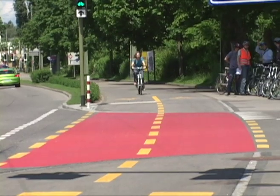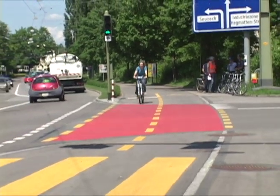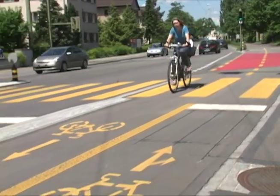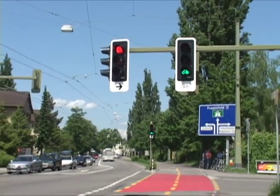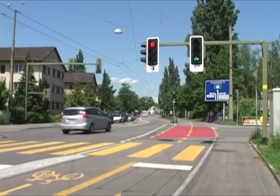These made it quite prominent that the motorist was going to be crossing a bicycle corridor. Note the traffic signal detection loop at the stop bar at the cycle track. The cycle track has actuated bicycle traffic signals. Here you see the bicycle signal head directly adjacent to the motorist right turn signal. This makes it very clear when the bike has the green through movement indication and the right turning motorist must